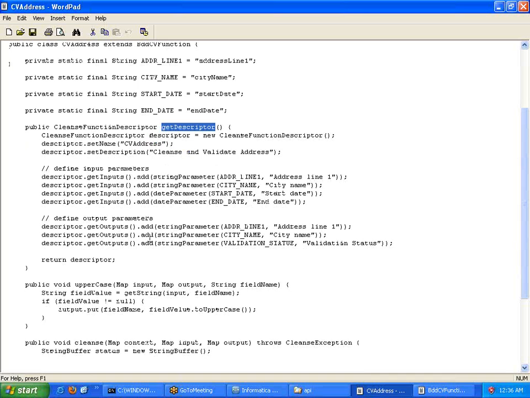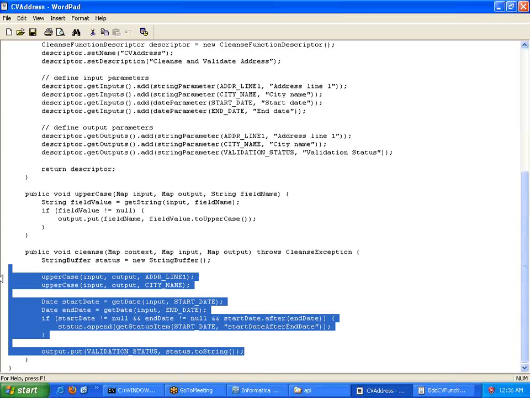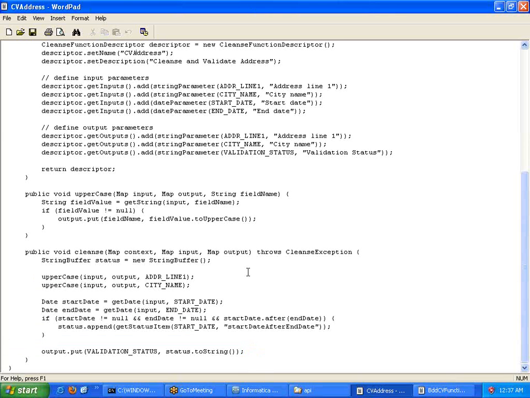Now, there is another method which is what? The function method, which will be used in order to build the actual functionality. So this is a method where we have to spend a lot of time in order to build your own functionality. Remember, yeah? So that's the high level part, right? Only two methods you need to remember. One is the function method, the other is get descriptor.